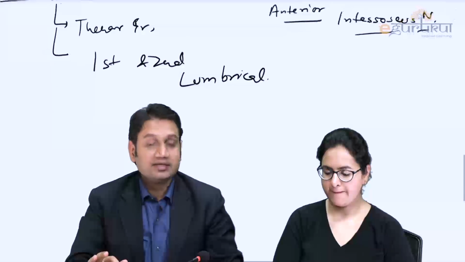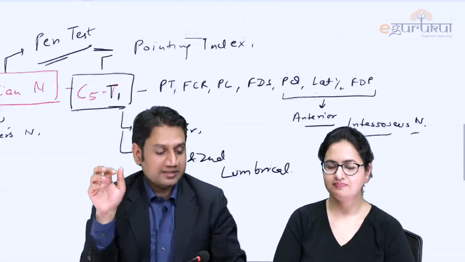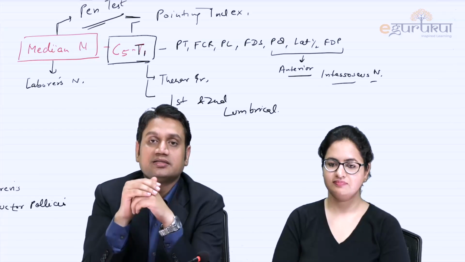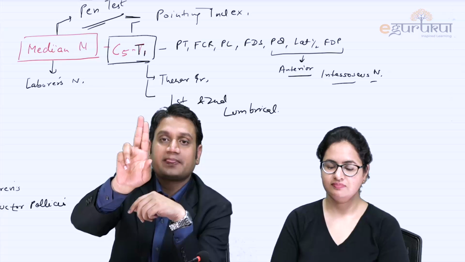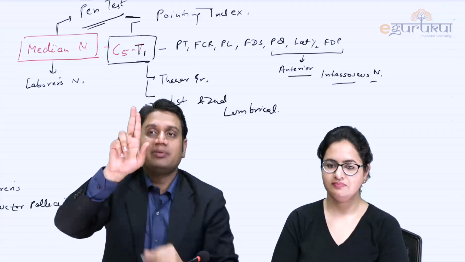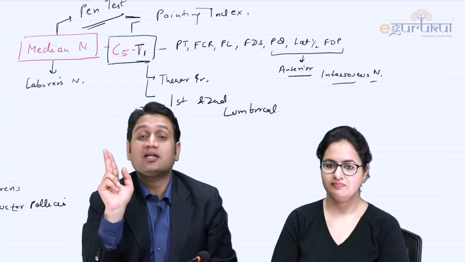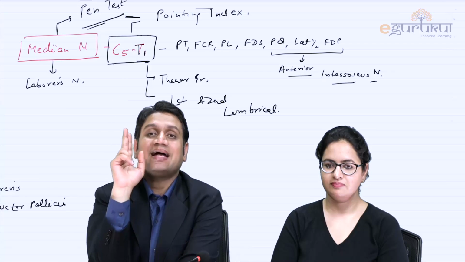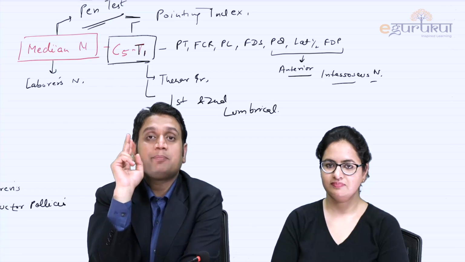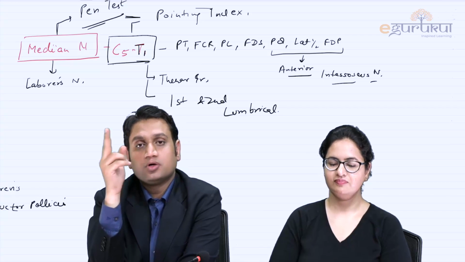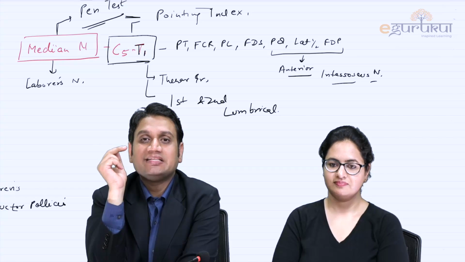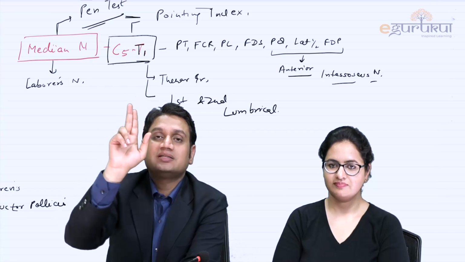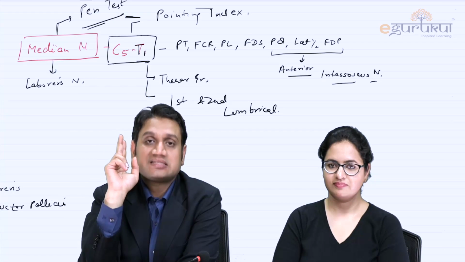Now, one important thing is about this sign. Ma'am said just the anatomy part. What she said is that the pointing index should be like this. That means the patient will be able to flex these two, but these two remain extended. In the ulnar, what happened? Ulnar claw happened, so these two remain extended. This is what you call a Benedict hand sign. If you have ever seen the Pope in Rome, Vatican City, how he greets the people, he greets the people like this. So this is what you call the Benedict hand sign or the Pope hand sign.